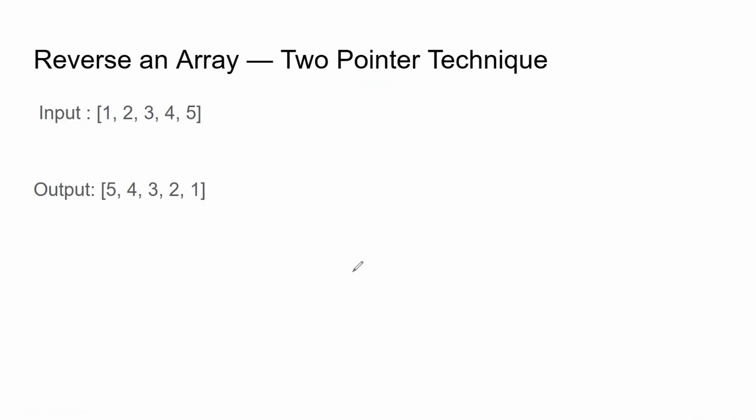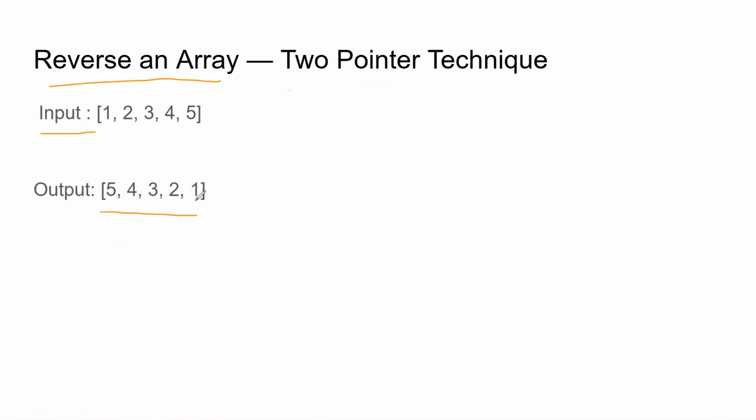The statement that we have here is to reverse an array using the two-pointer technique. Let's understand this better with the instance that we have here. The input is going to be 1, 2, 3, 4, 5, an array of integers having these numbers. And the output when you reverse this array is going to look like this: 5, 4, 3,